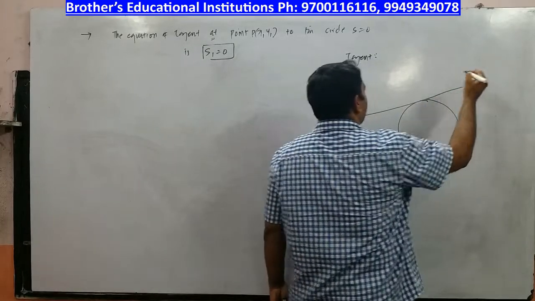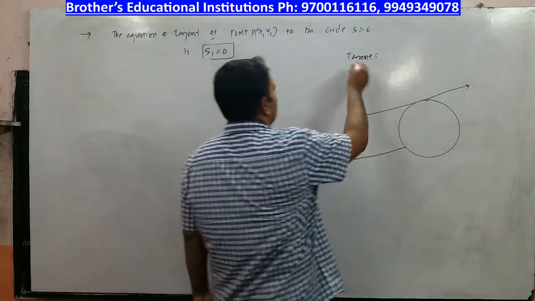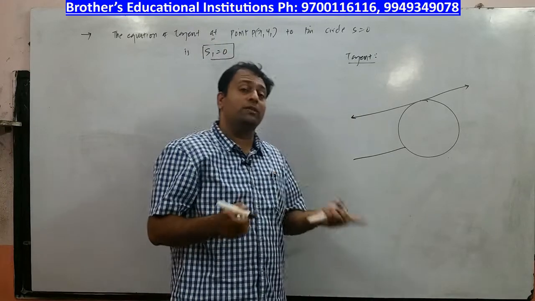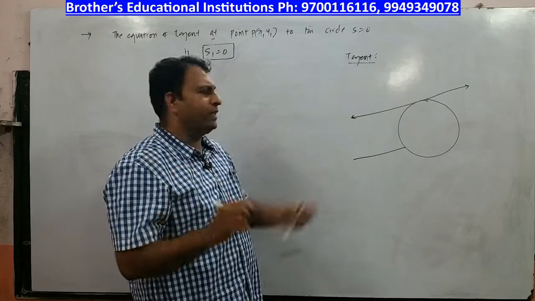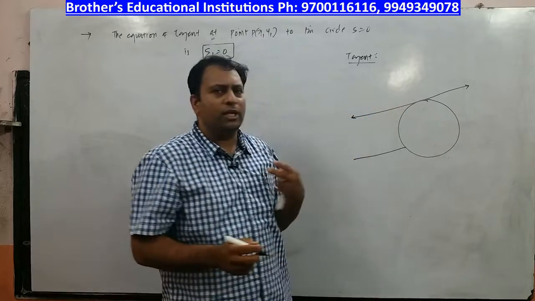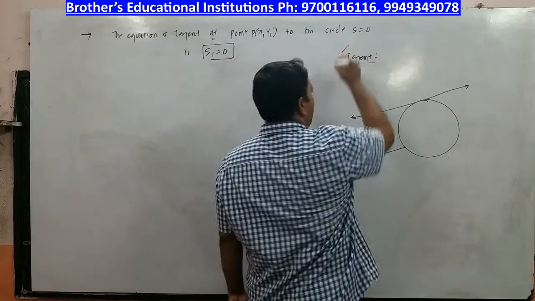It has no starting point and no ending point. So the definition of tangent, no doubt, is the line which touches. You have to use the word line, not line segment. It is a line, a continuous line, extended both ways. A line touching the circle at one point is called a tangent of a circle. Now that is not the appropriate definition.